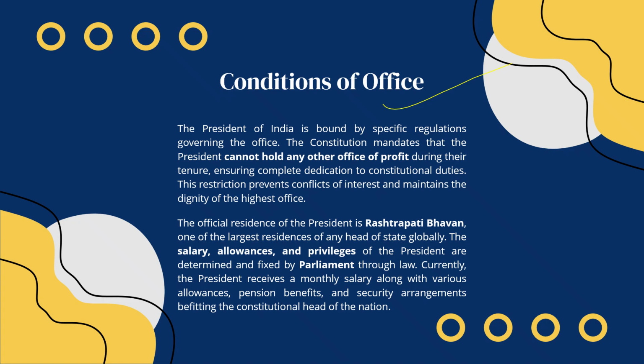And the official residence of the president is the Rashtrapati Bhavan, one of the largest residences of any head of the state in the world. The president also receives salary, allowances, and privileges, and these are decided and fixed by the parliament through law. In addition, the president gets security, pension benefits, official facilities. So overall, these conditions ensure that the president remains independent, works without influence, and maintains the dignity of the